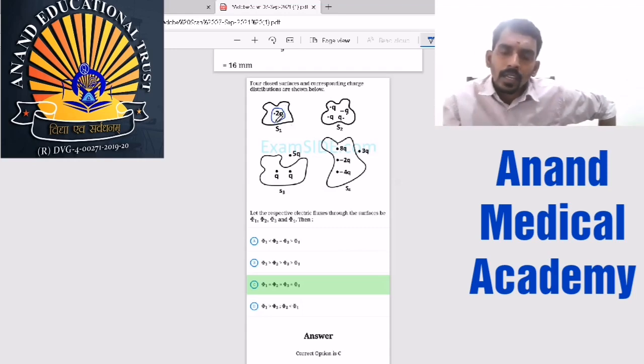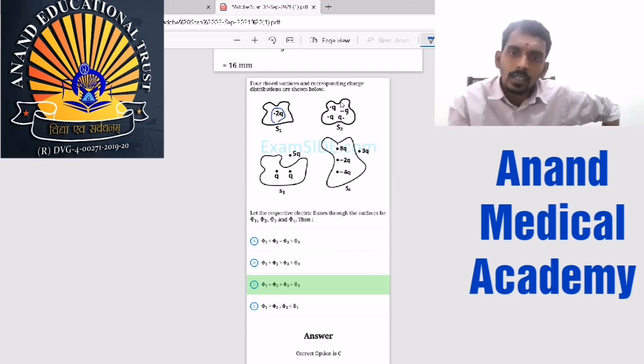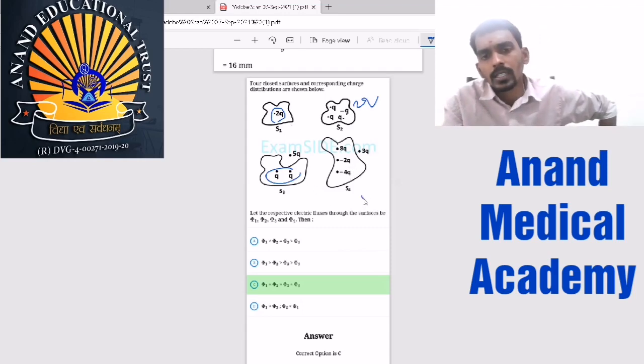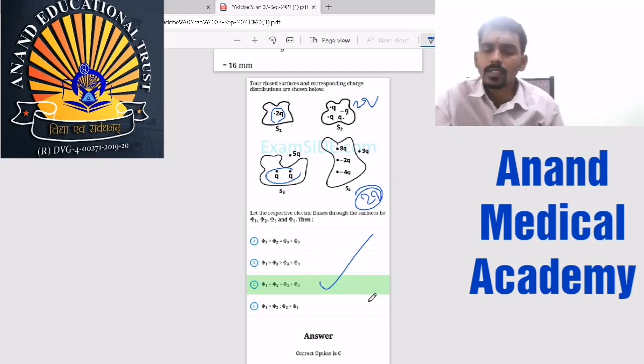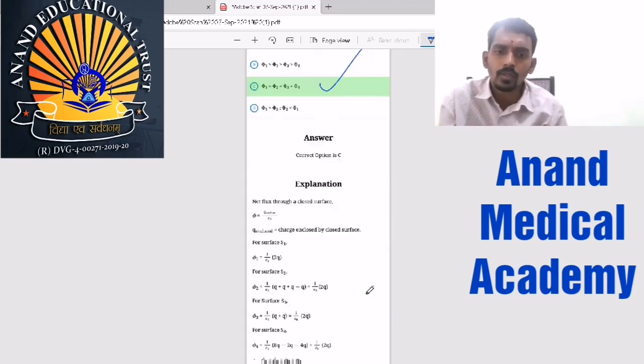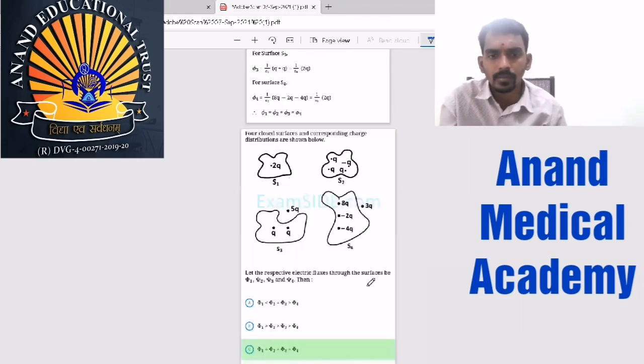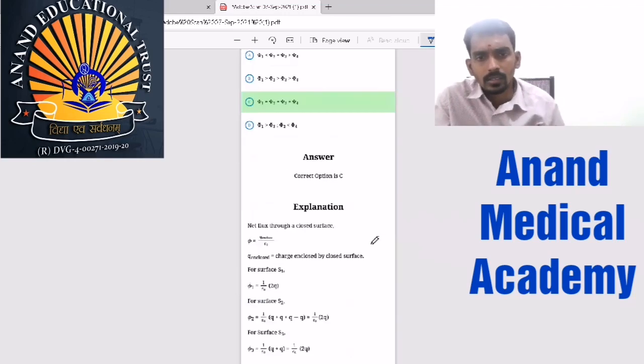Here the total charge is 2q, and here the total charge is q cancel, so again 2q. Here also 2q. Here also 8q minus q minus 4q, so 2q. Everywhere the total inside charge is 2q, so the flux must also be the same. Based on that, they will ask a simple conceptual or formula based question. Now here